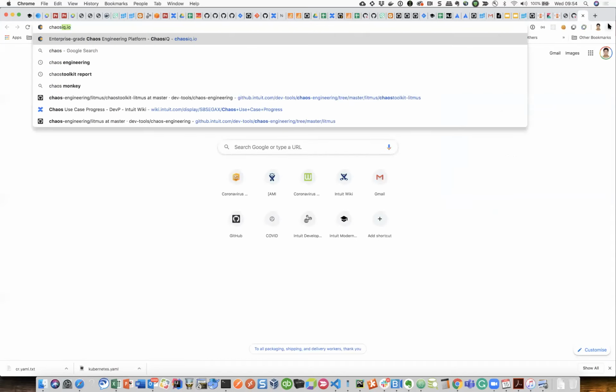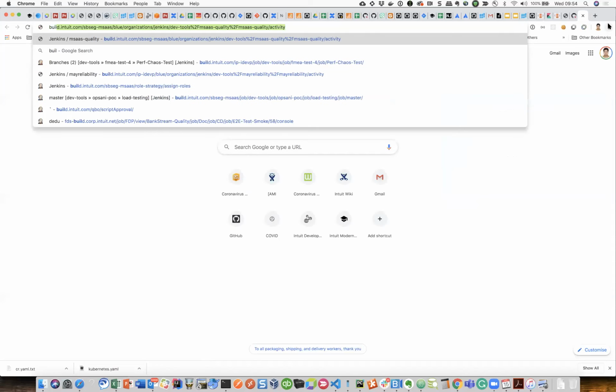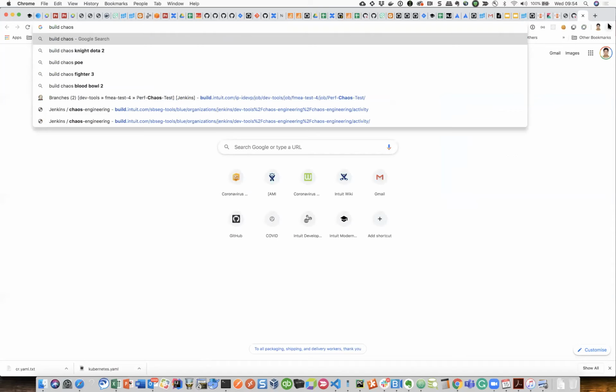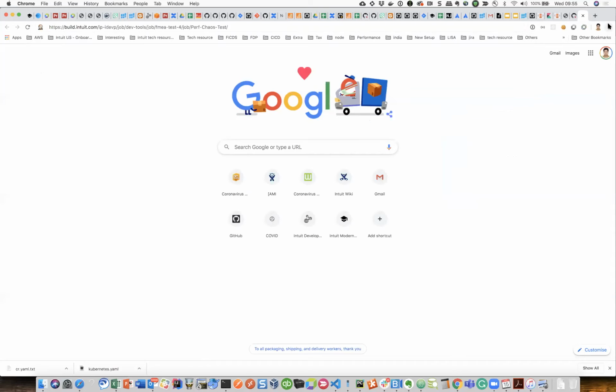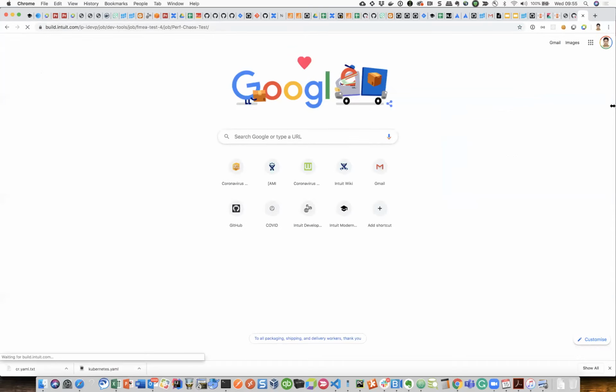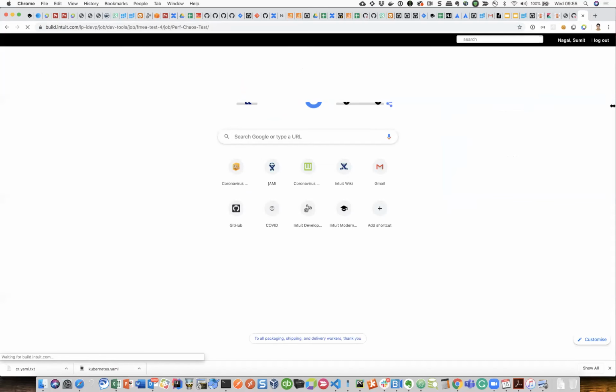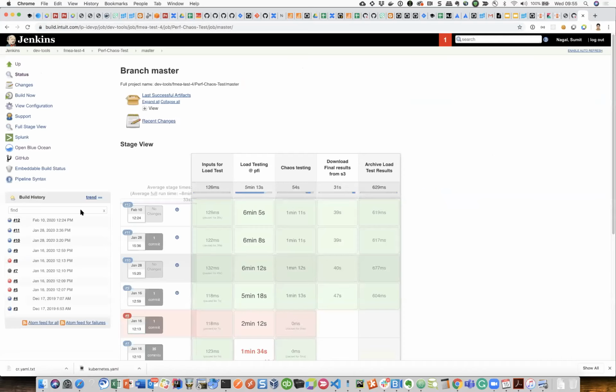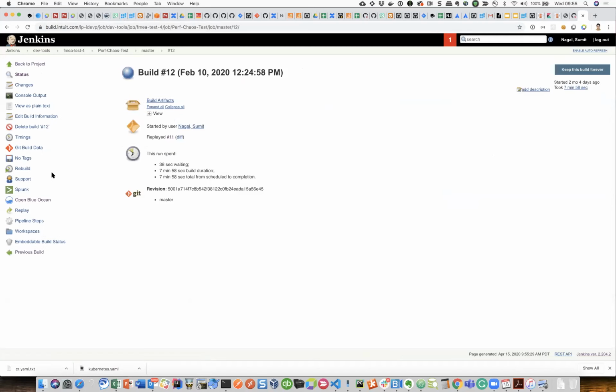So you can trigger that via Jenkins, and via Jenkins you can parameterize all those options.